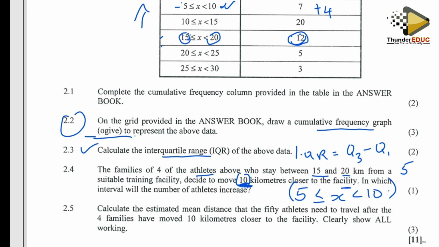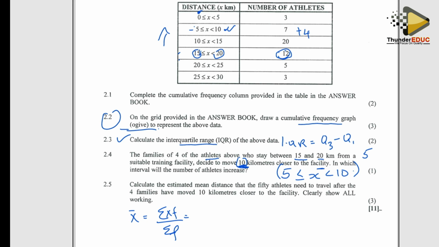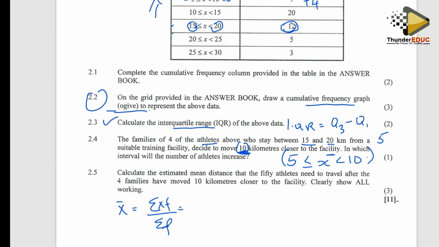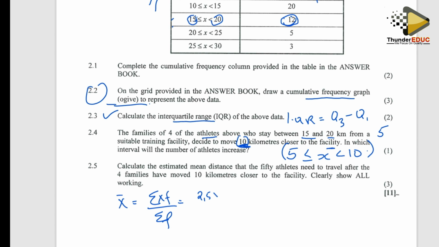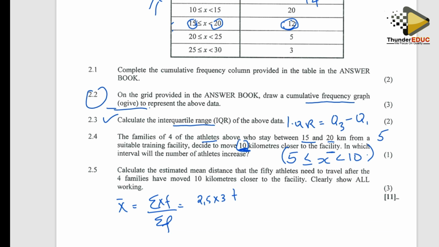Then calculate the estimated mean distance that the 50 athletes need to travel after the 4 families moved 10 kilometers closer. So minus 10 is that. With the estimated mean, remember it's x bar, which is the summation of fx over the summation of f. So what I need to do is determine my midpoints. 0 plus 5 is 5. When I divide by 2, I get 2,5. So for my first part, I'll have 2,5 times 3, plus the next one will be 7,5 times 11